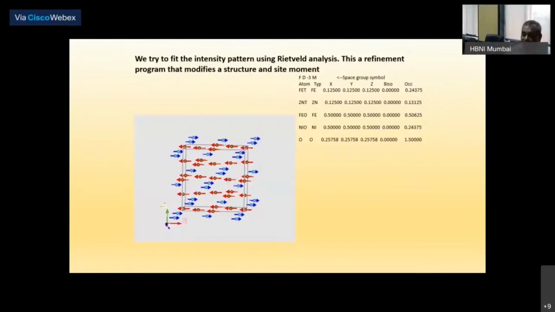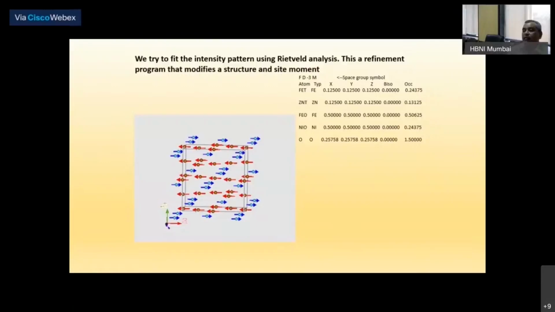This series of lectures will try to tell you where you can use neutrons cleverly to solve your problem. One big disadvantage of neutrons, of course, is the intensity. All throughout my talk, I didn't tell you that a neutron reactor like Dhruva has a flux of 1.8 10 to the power 14 neutrons per centimeter square per second, whereas any laboratory X-ray source can give you 100 times more, 200 times more power.